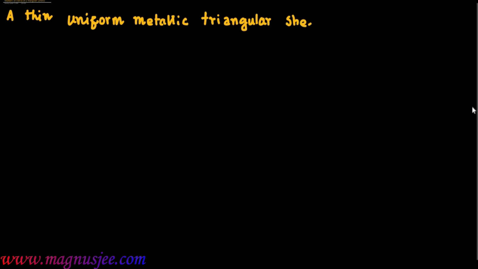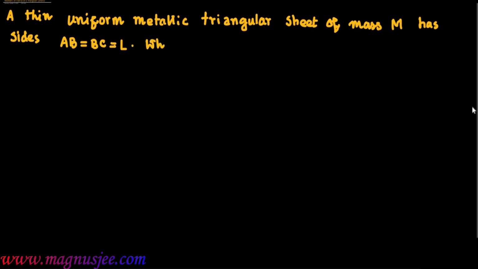A thin uniform metallic triangular sheet of mass capital M has the sides AB equal to BC equal to L. What is its moment of inertia